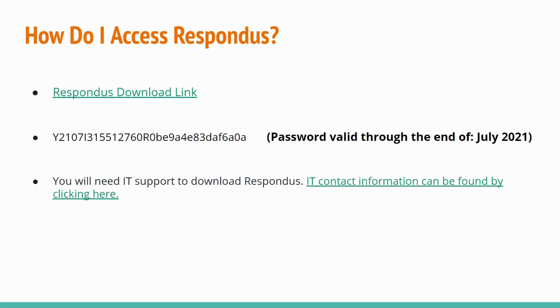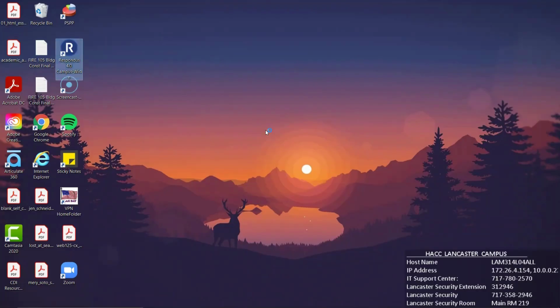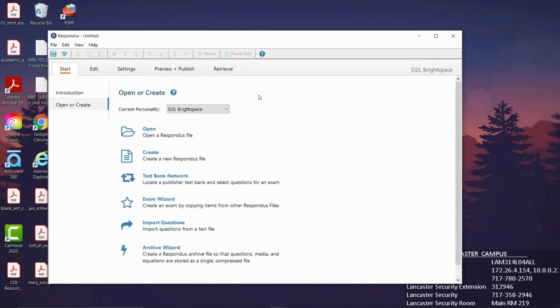You will want IT support throughout the whole process, as they'll need to jump in and type in a password a couple different times throughout the whole entire process. So it would be my suggestion to make sure you have IT with you as you go through the next several steps here. I'm going to open up Respondus,